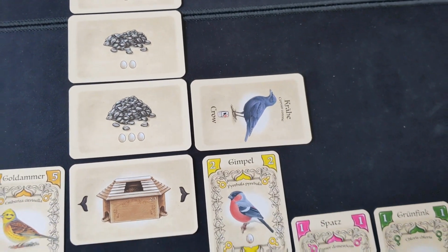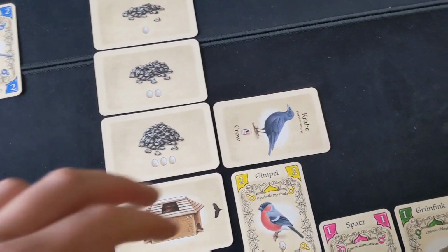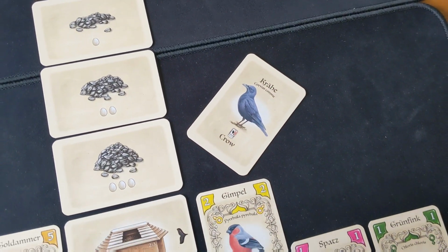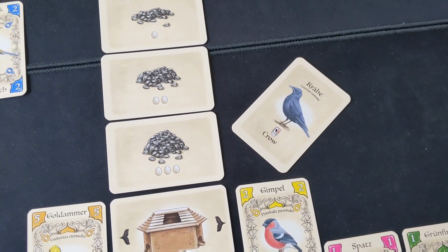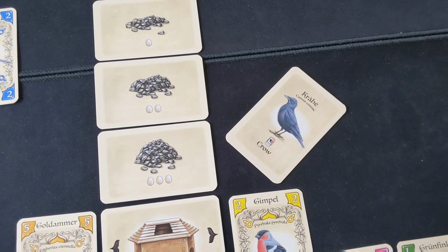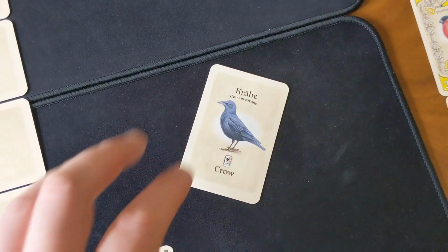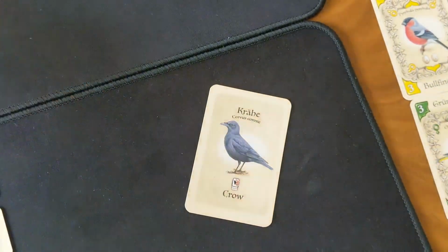Now, that kind of leads into one of my most negative things about the game, and that is these crow and squirrel cards. So I will straight up say that I do like it when games offer a risk of doing things and when you have consequences to doing certain things which can hurt you. But I will say that I find that the crow card isn't so bad, I'll be honest, but this squirrel